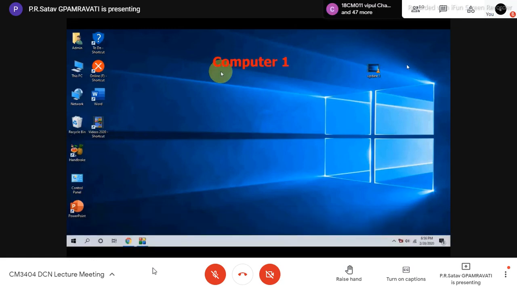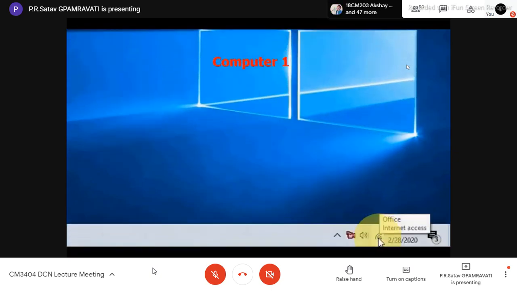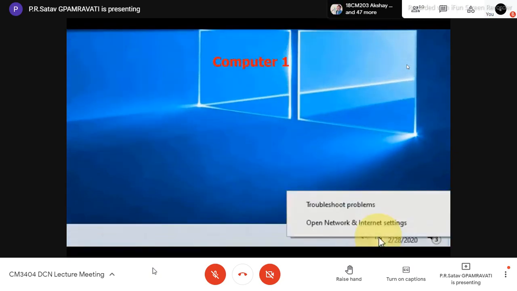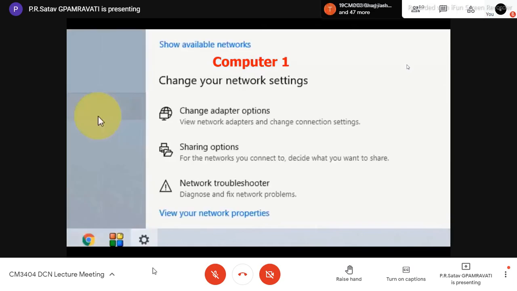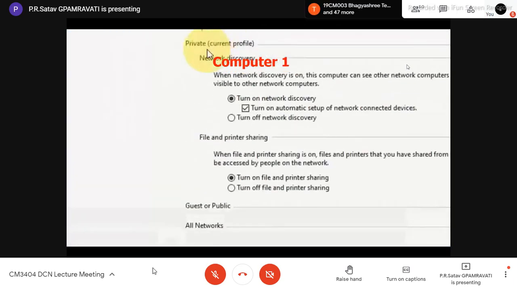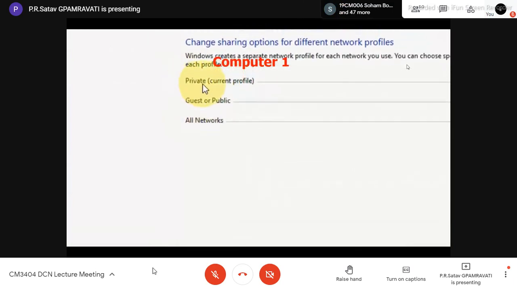On this computer 1 screen, you can see a Wi-Fi network symbol is available. On that symbol there is an option to open network and internet settings. I select open network and troubleshoot, and then there is a sharing option, where we choose private, guest or public, and all networks.